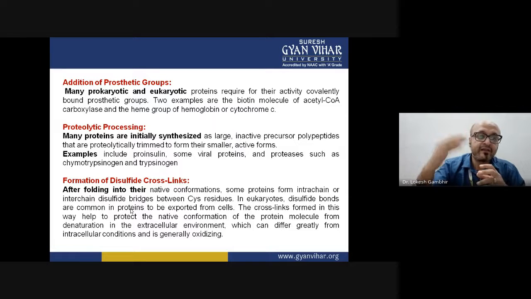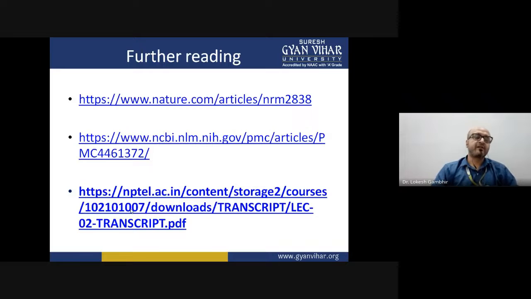Now translation has given you a linear protein chain made up of amino acids, a polymer of amino acids. Now in order for that polypeptide chain to fold properly and give rise to a conformational protein or an enzyme, all these modifications play a very crucial role. So this is all about, students, today with the translation in eukaryotes part.